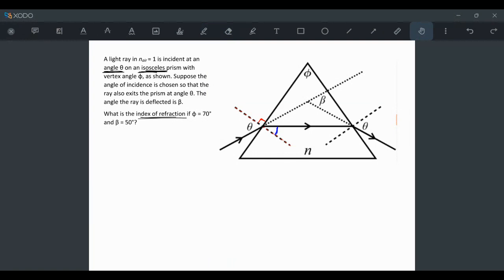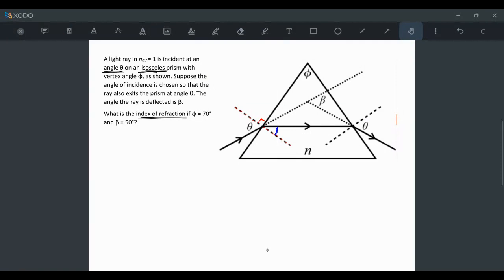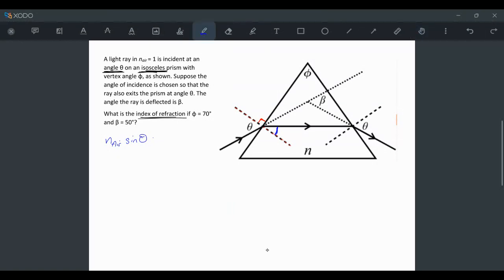Basically the way to go about this is we need to start labeling some angles, and we want to find relationships between the quantities that we know. We know what phi is and we know what beta is. We have the index of refraction of air. So we want to find some relationships that will allow us to use Snell's law, which will be n air times sine theta, where theta is this angle here, is equal to n. We'll even call this n prism. Actually, I don't want to write that out a bunch, so we're just going to call that n, and it's even labeled right here. So n, the index of refraction of the prism, times sine